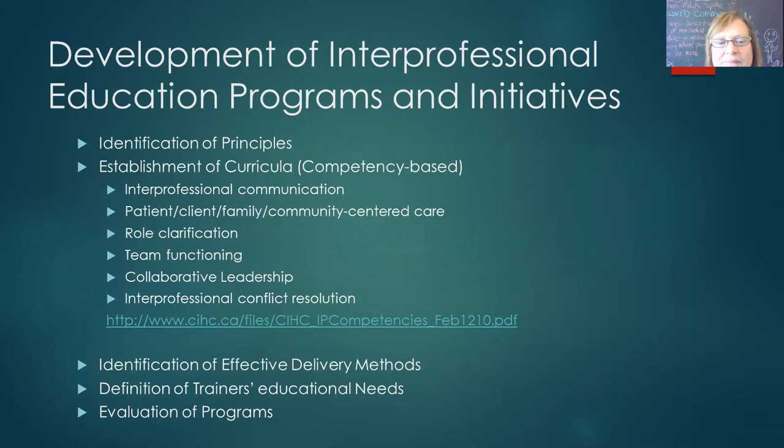Remember, in interprofessional practice, we always put the patient, whether that's an individual, family, group, or community, at the center of care. Role clarification, we talked about that in week 3 when we had our panel, how critical it is that we understand not only our role, but the role of others. Team functioning, and we talked about that, I think in week 4, how essential it is to understand how a team works together and to be able to self-assess in terms of how your team is functioning, and if it's functioning well, how do we build on that? If it's not functioning well, how do we identify it and take steps and evoke strategies to make changes?